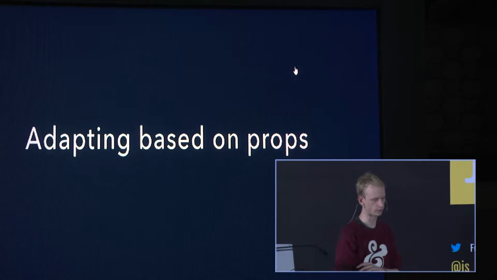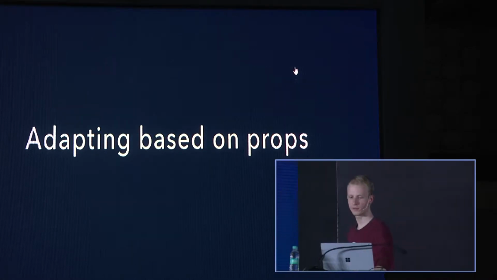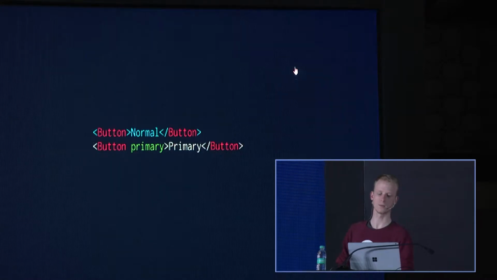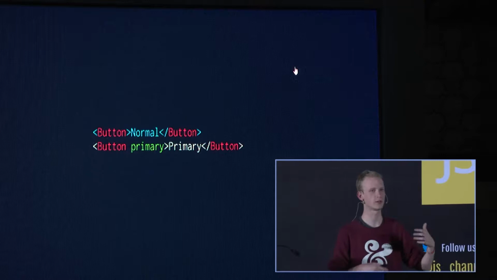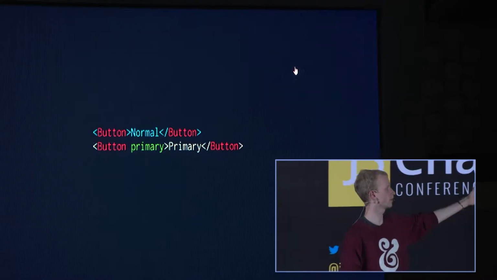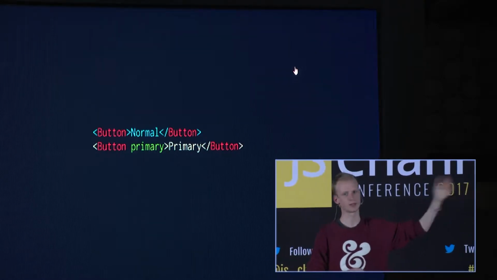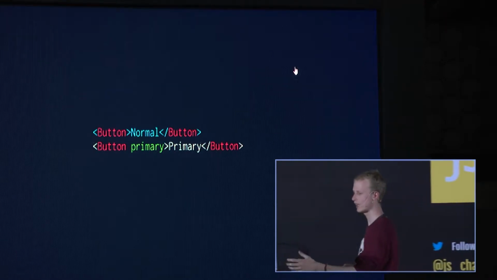Styled components has a bunch of very nice features that make it different from some other libraries. The big one is adapting based on props. So you know how in React, you very often use props to adapt your components. So here in this example, we have a button, and then we have a primary button. So if we look at this in the browser, we have